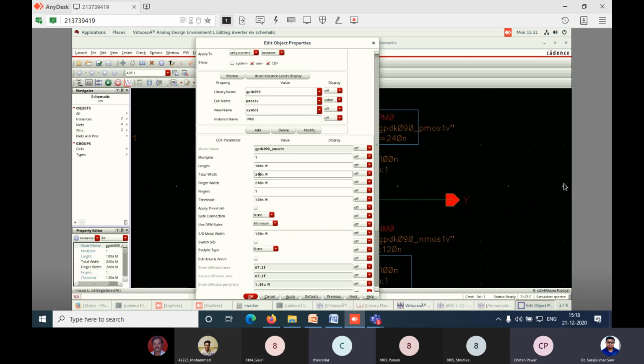Yeah. Now again you can go to check and save. Check and save right after one. Beside this save, there is a check. Check and save. And now you can go to the ADE and do the simulation again to check the effect on the power dissipation.